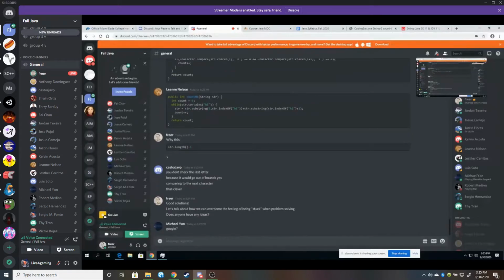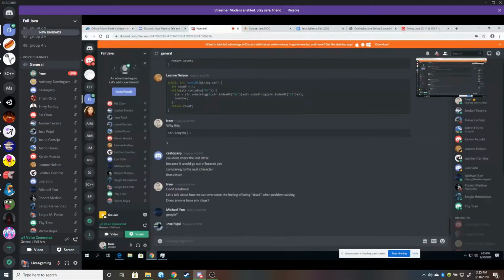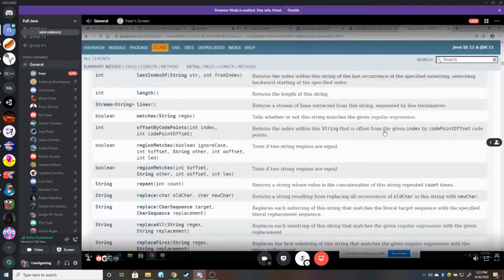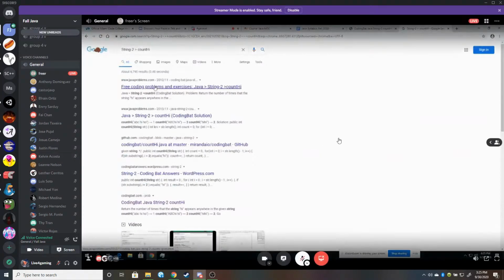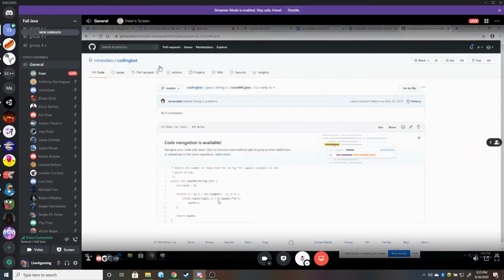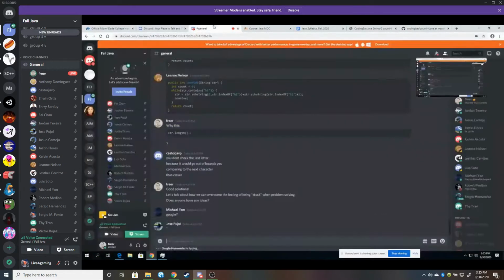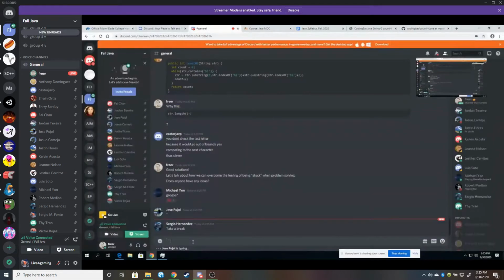Okay, Google's not a bad idea. I mean, the issue is how we Google it, right? Like if we were to just type string 2 count high, we can see there are lots of solutions. Like here we have a solution from GitHub, and that's okay.